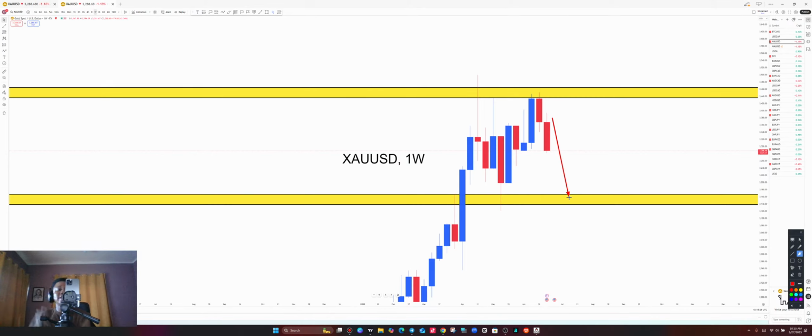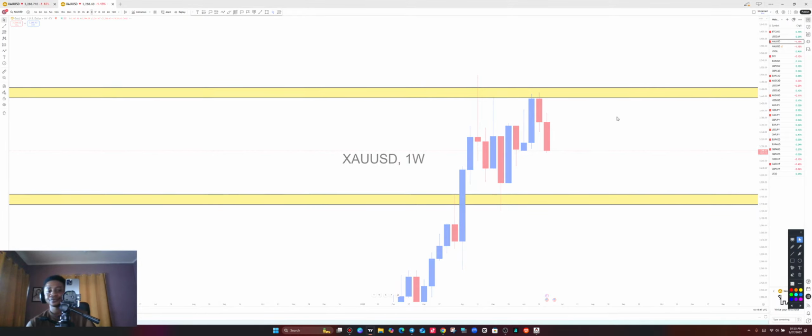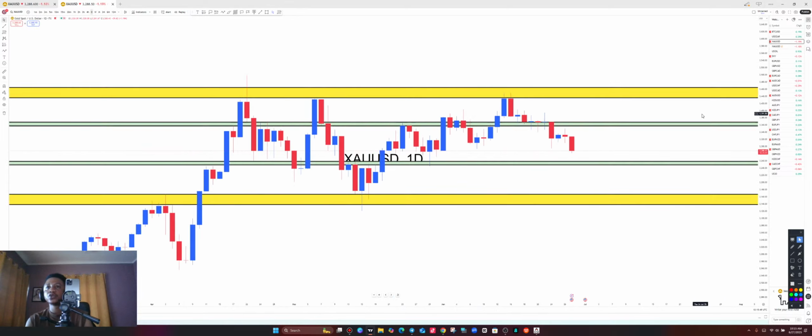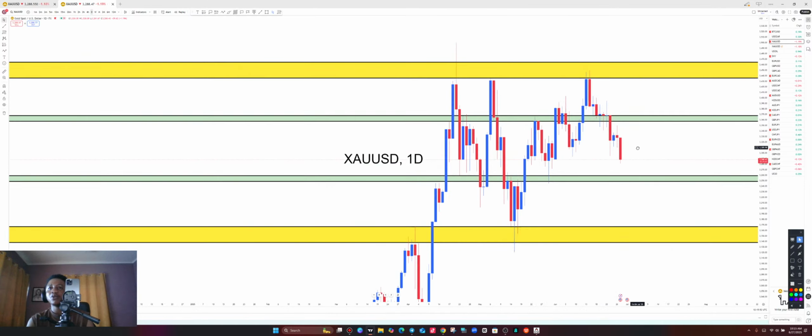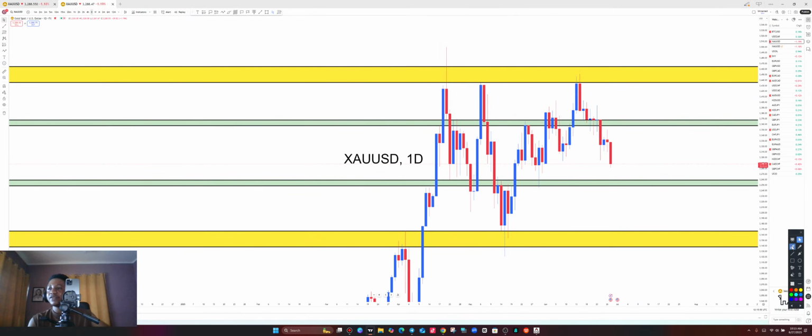How can we find selling opportunities to the next weekly support level? Let's find out as we go again to the daily time frame and add more meaning to this gold analysis. All right, so this is gold on the daily time frame. Let's put more meaning into it. Now, gold on the daily, what happened? We have the daily upper zone and then the daily lower zone over here as well. Price, after making contact with the daily resistance level, came down for a higher low here, but it couldn't extend further to the upside.